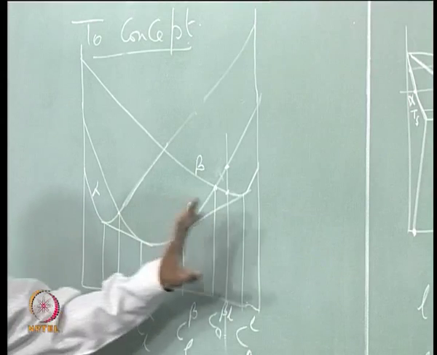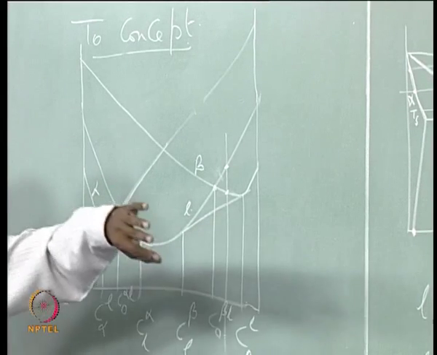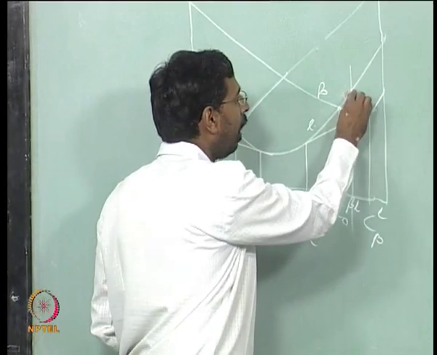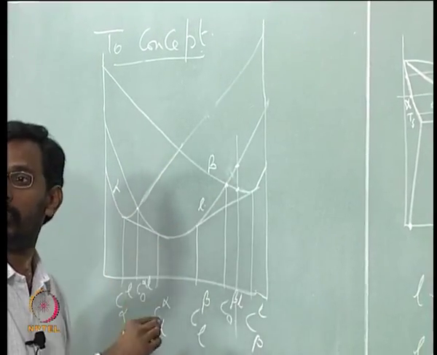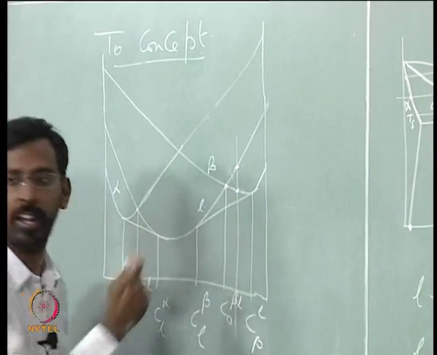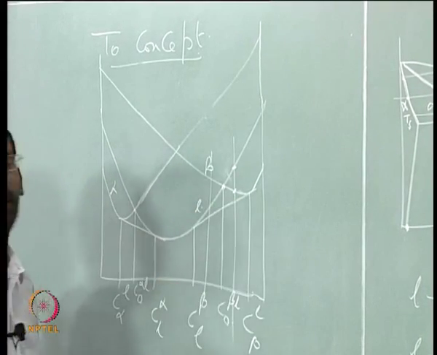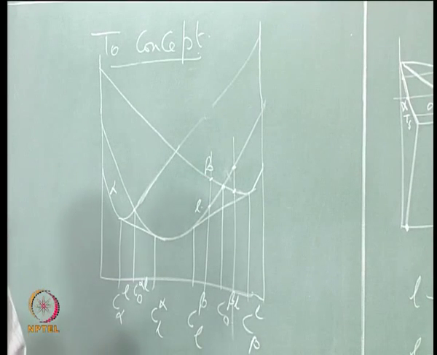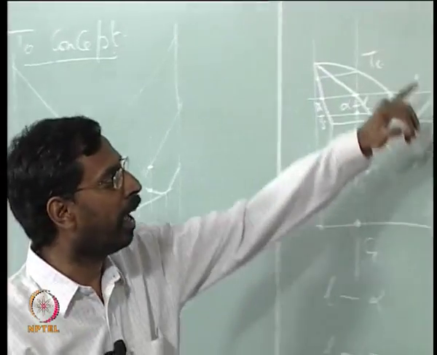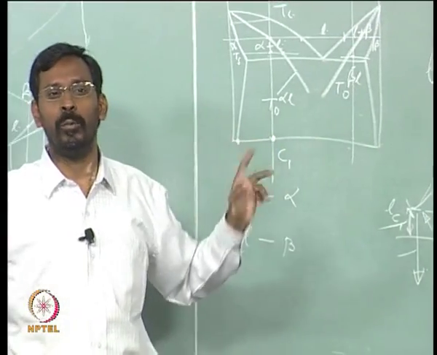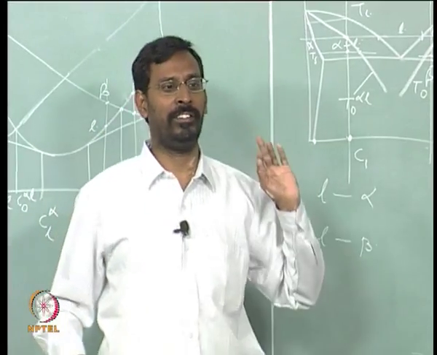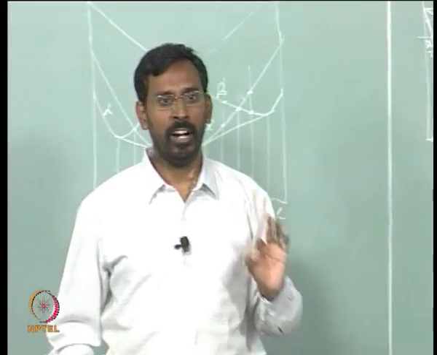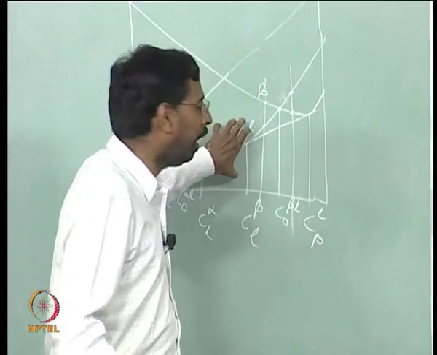When I am talking of alpha and beta, the right and left get inversed, is it not? So, on this side you would see liquid has a higher free energy than beta. So, partitionless solidification is possible if you are on the right side of the C naught. If I am on the left side of the C naught, beta has a higher free energy than liquid. So, partitionless solidification is not possible. So, that means again whether you are right or left, one thing is true, if I am below the T naught,